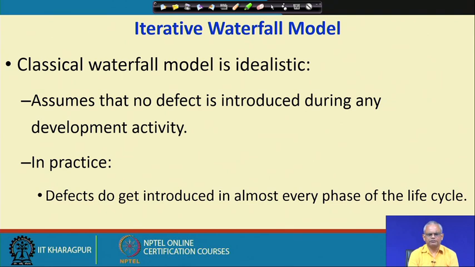Maybe a mistake will be discovered much later, and therefore, the classical waterfall model is idealistic, assuming that no mistake is made or no mistake escapes a phase. In practice, there are many mistakes which are committed and escape that phase,